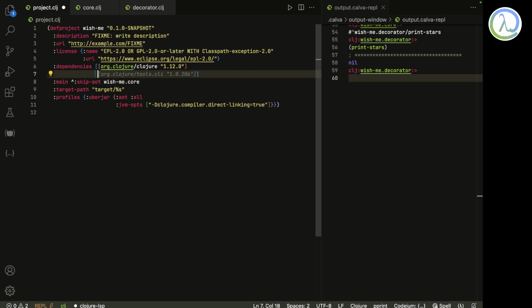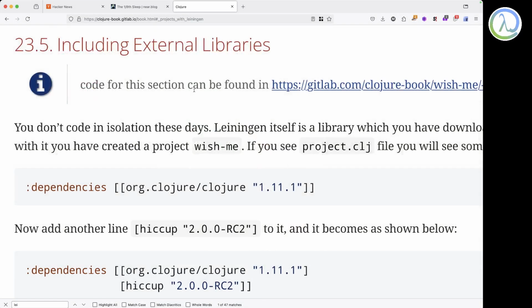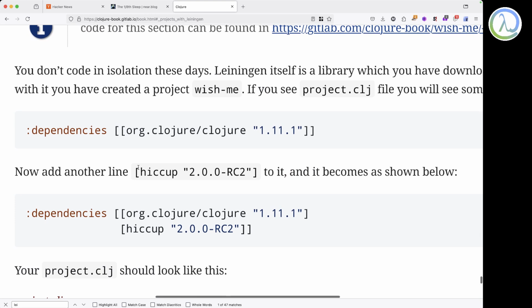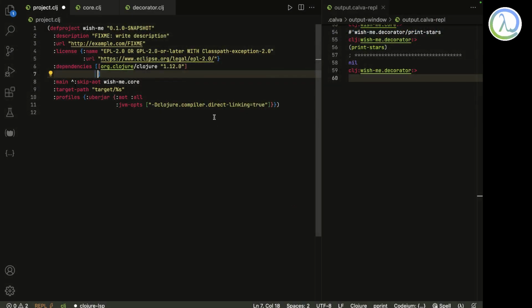Now let's try to include a thing called hiccup. This I'll just copy, right? And I hope this release candidate is there. Yeah, so that's the thing. And anyway, to make sure, what I'll just do is